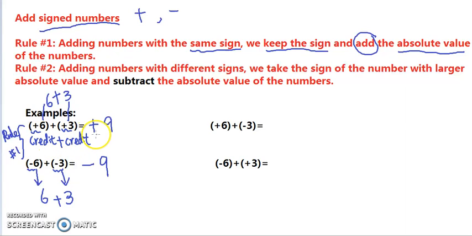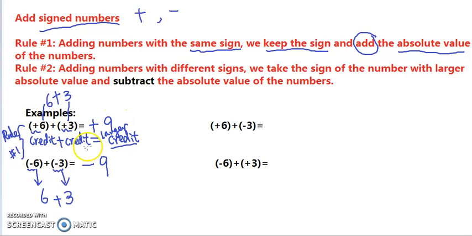When we combine them together, we still have credit, because credit plus credit is still credit. Combining the two credits, you get a larger credit. Credit means plus, so that's why we keep the plus sign. And to get a larger number, you have to add the two numbers 6 and 3